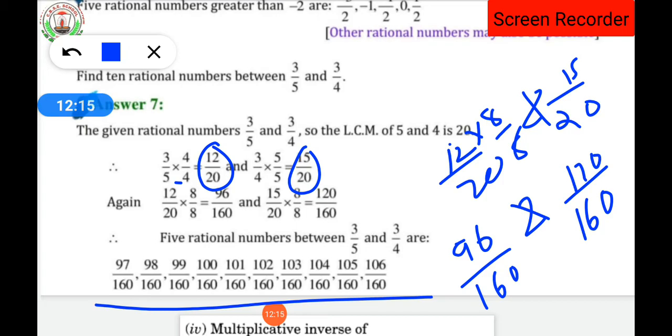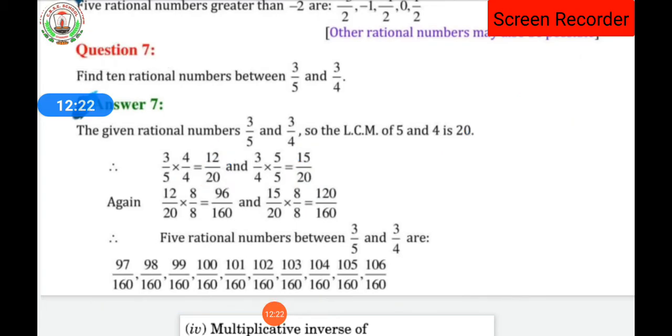So dear students, in this way you have to solve the question. This type of question can come in your exam, like you have to find any 2 rational numbers between 3 by 5 and 3 by 4. Then the options will be given to you. You first have to find them and then choose the correct option. Clear? When the exam starts, please take a rough copy with you, solve each and every question very carefully, and then take the correct option. Clear everyone? So here we have completed the exercise 1.2 on rational numbers, isn't it?